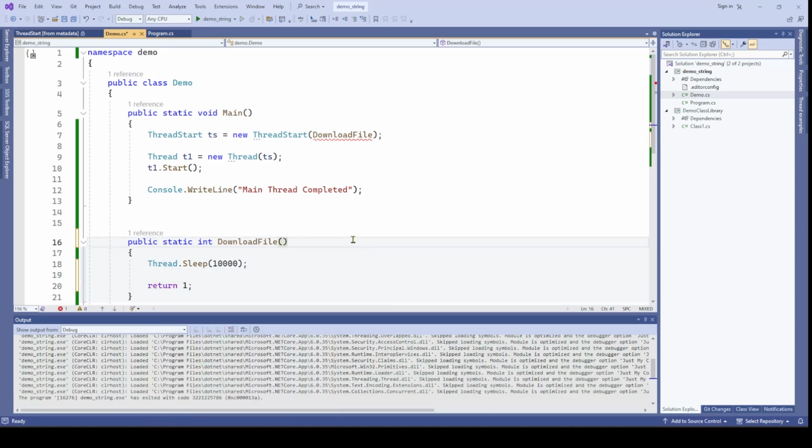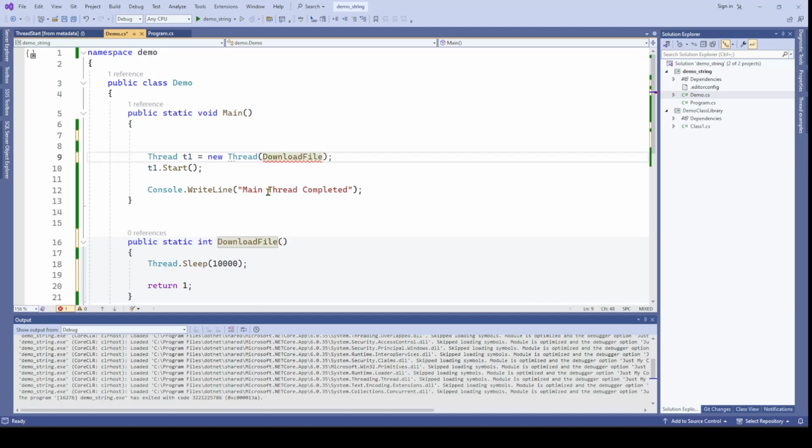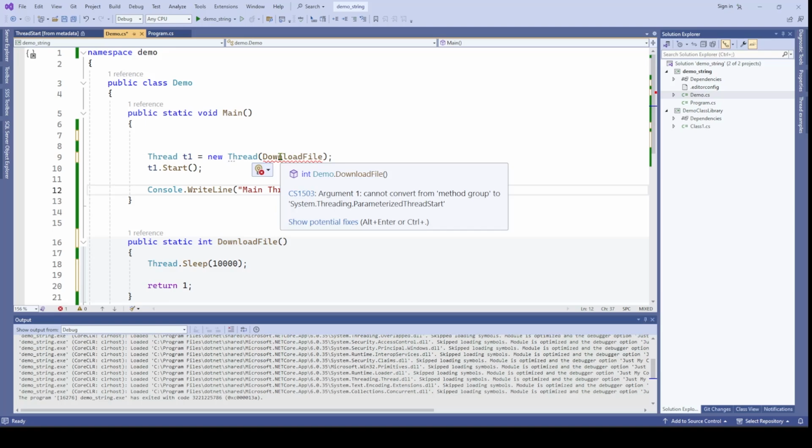You will notice we will get the compilation error. If you read the compilation error here, you can see demo.download file has wrong return type, because it is expecting a method that is having a void return type. That's why we cannot use thread start in this case. Even if I pass my method directly, this will also give me the error, right? Because it can only take a method that is having the return type as void and that is not expecting